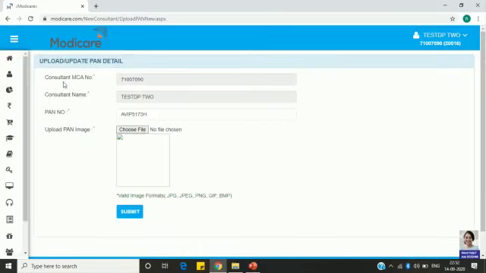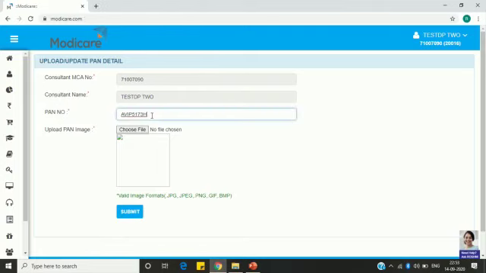Please note the consultant MCA number is by default already entered here. You cannot edit it as you can see the mark. Consultant name is also by default. This name is the name which you have given at the time of joining. And the third option is PAN number.